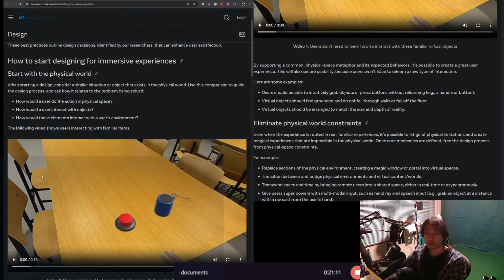How to start designing for immersive experiences. Start with the physical world. When starting a design, consider a similar situation or object that exists in the physical world. Use this comparison to guide the design process and ask how it relates to the problem being solved. How would our user do the action in physical space? How would our user interact with objects? How would other elements